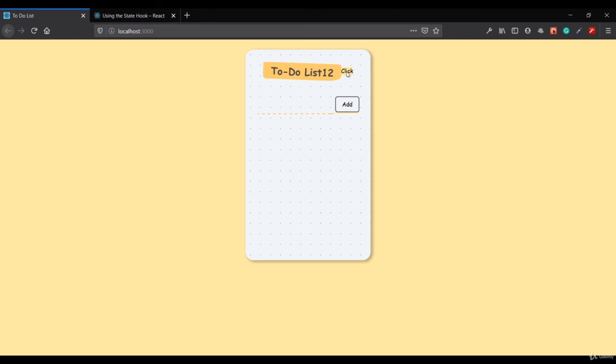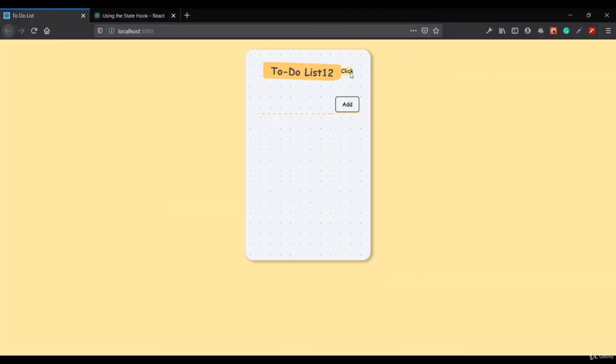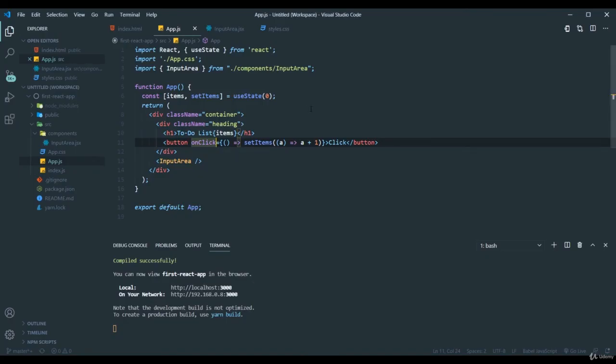So whenever you click this button, the state is getting updated by getting the previous value, because right now when I click this button, the previous value is 12. So here 12 plus 1 will become 13, and it has been set here. And in the to-do list items also, the variable name will get automatically updated. That is how the useState works. So you can see now 13. This is how the useState works, in a really simple manner. I just gave you a small example. In the next lesson, we will go back to our project.